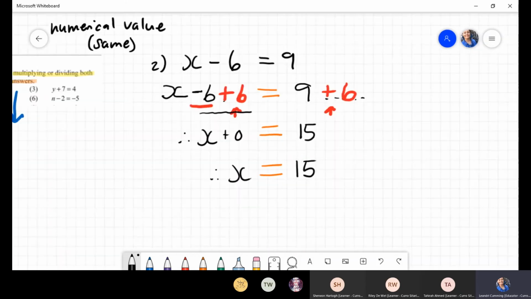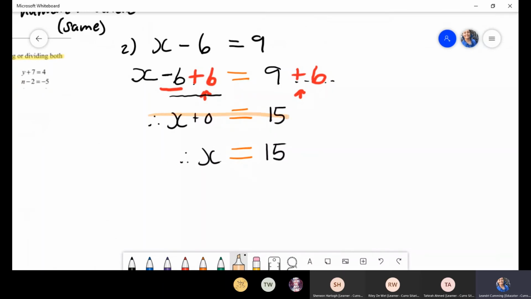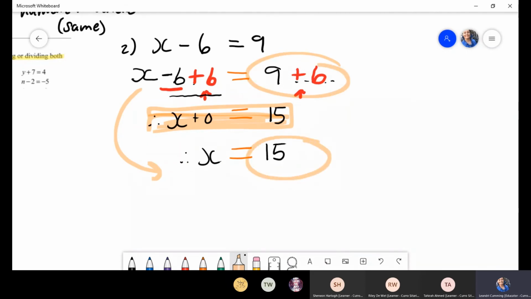And like I said, later on, we don't have to still write this step in, for example. Later on, we may go straight to that step. We may even go straight to just x is equal to that and therefore that, but it will come in the near future. Now we need to check,